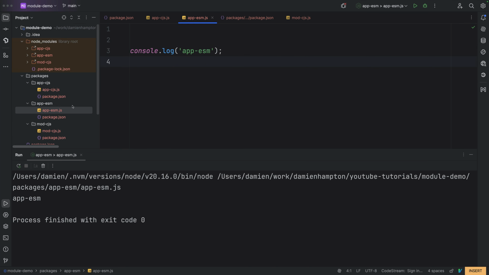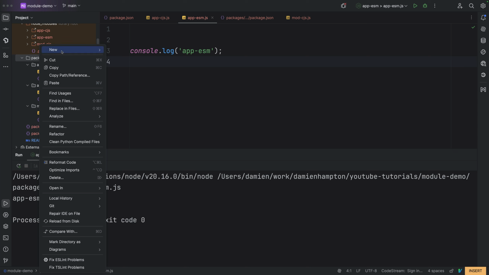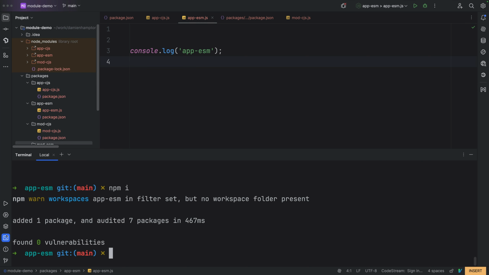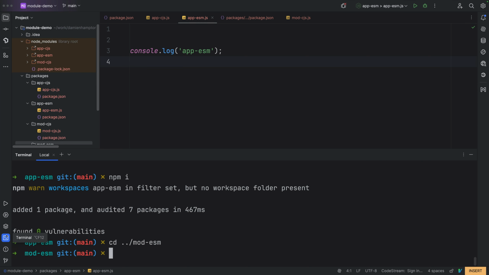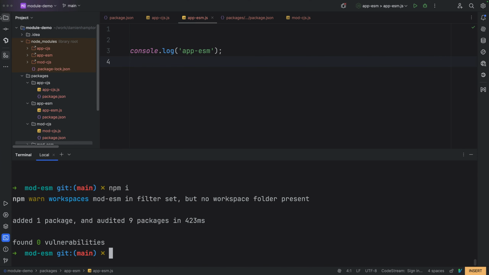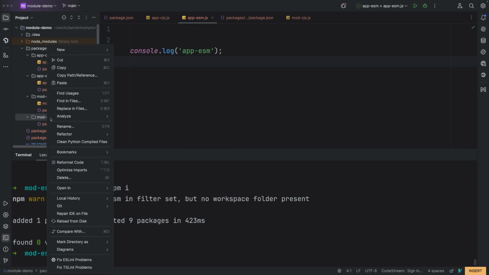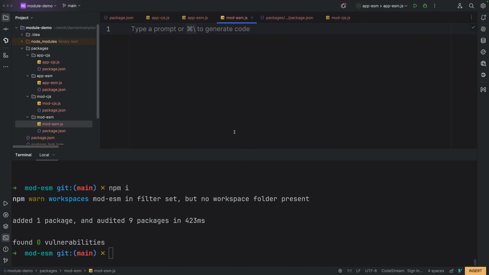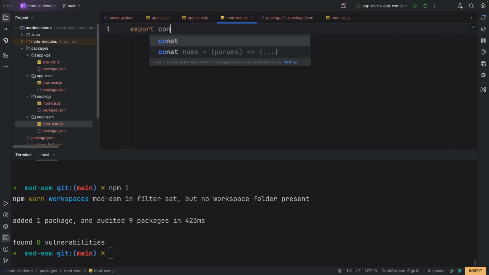So we get app esm, so nothing of interest yet. I'm going to create a new directory here called mod esm, and inside mod ESM, I'm going to run npm init and npm i, and that will symlink it into our node modules. And in here, I'm going to create a new file called mod esm.js. And in here, we're going to do export const mul equals a